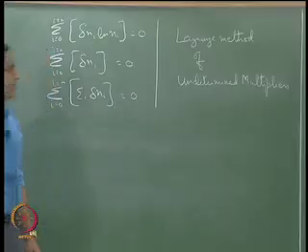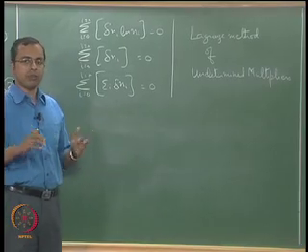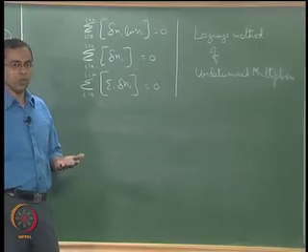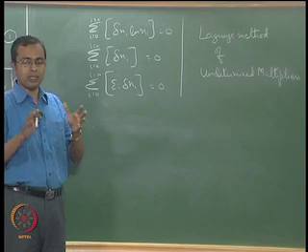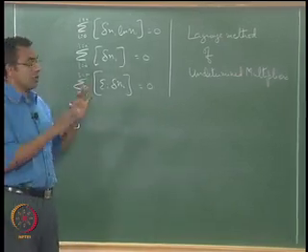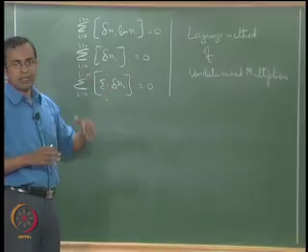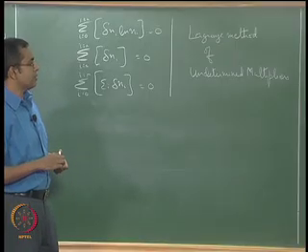So the mathematical method that is used for this purpose is referred to as the Lagrange method of undetermined multipliers. Incidentally, what we have done so far is the same methodology that we will use for two other statistical configurations that we will consider later in the course. You will see this kind of approach show up later also, but the rules the system will follow will be somewhat different, and therefore the results will be quite different. But the concepts we will use, the approximations we are using, this method of undetermined multipliers, all those things will keep showing up again and again. So this is called the Lagrange method of undetermined multipliers.